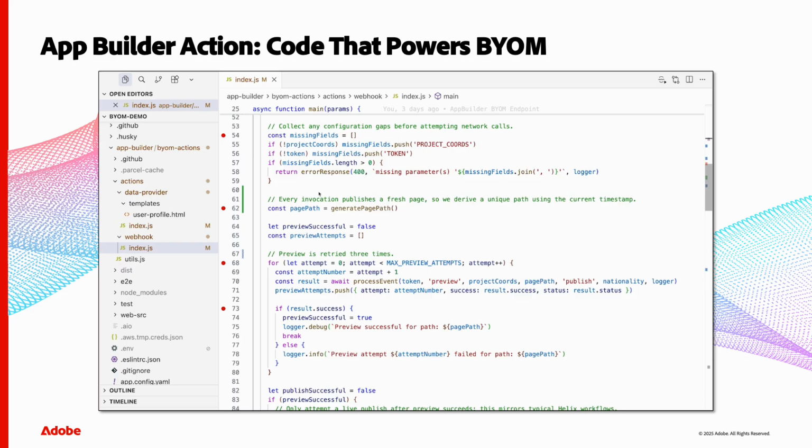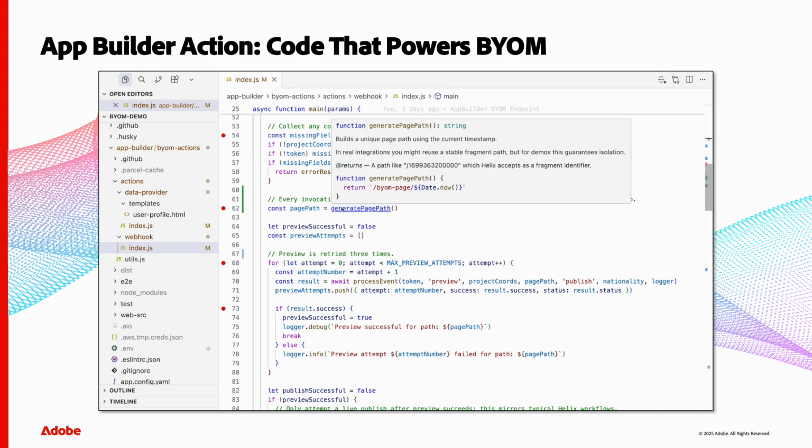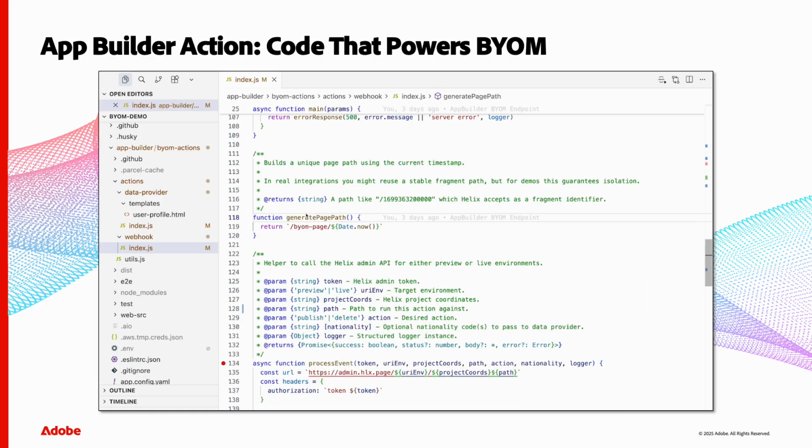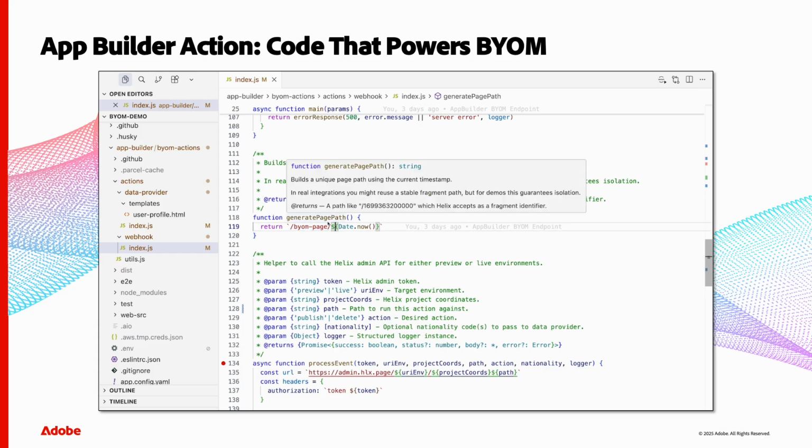Next up, we need to know under which path we want to publish or preview a certain resource. As we are in a demo setup right now, I've just set up a small helper function that generates the path, basically with the bring your own markup page in front of a timestamp. And if we go back,